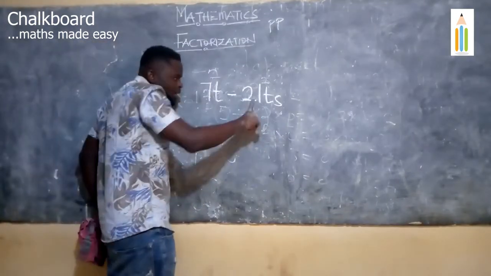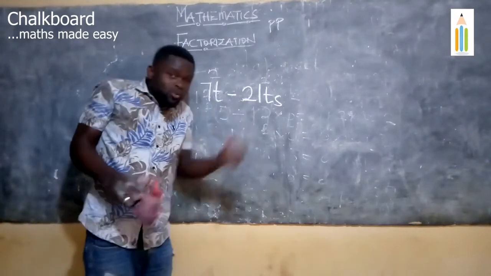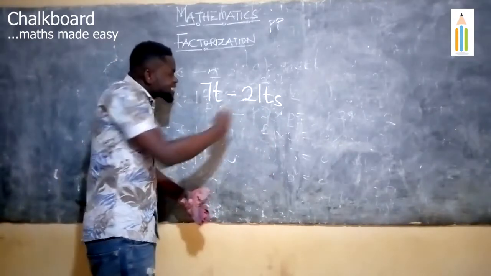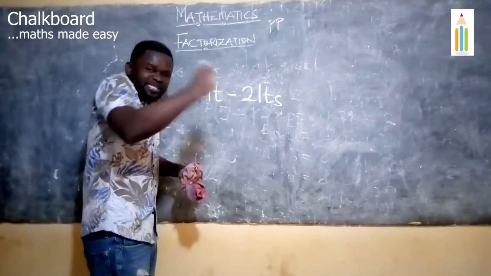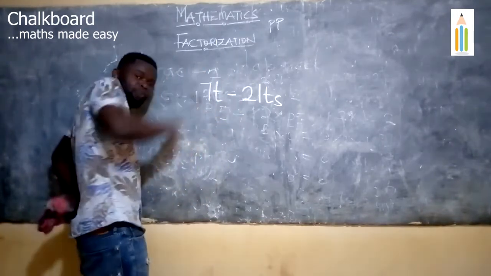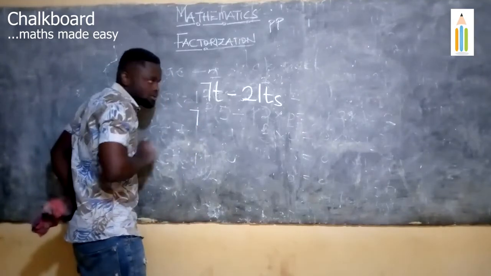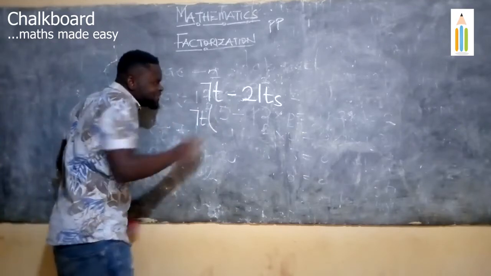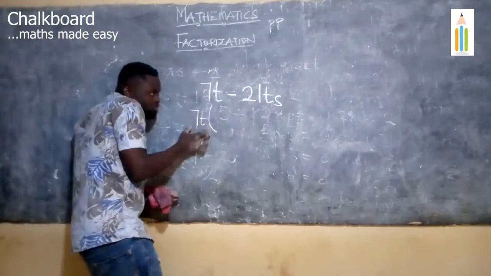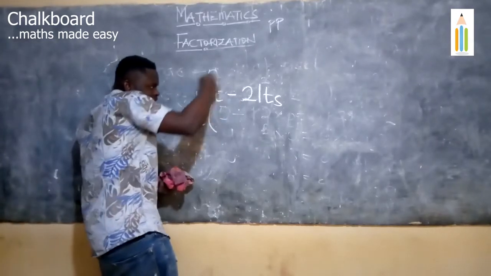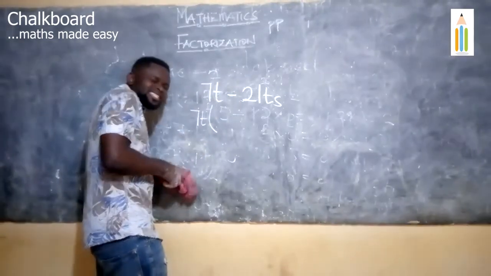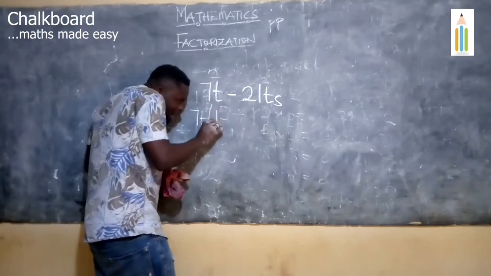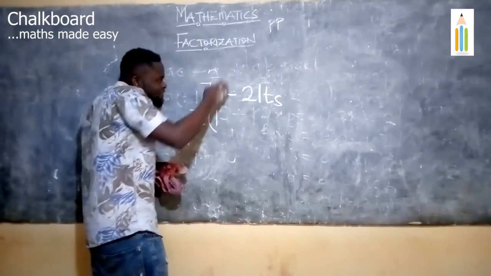We have 7 here and we have 21 here. Can 7 go into 21? Yes, it can. If we look for the factors of 7 and 21, you can see that 7 can go into 21, or 3 times 7 even gives us 21. So 7 can be brought out. Now we have t here, and we also have t here, so t is also out. So we can see from here that the whole of this term is out. Everything here, 7t, is out. If everything is out, remember from the example that we did with the alphabet, what will be left here? 1. Because everything here is out.